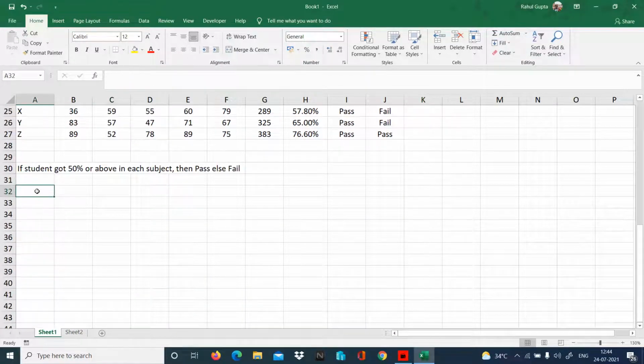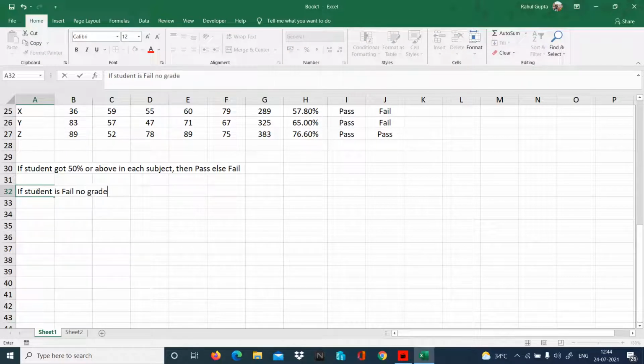So they have said that if a student fails, no grade needs to be awarded.